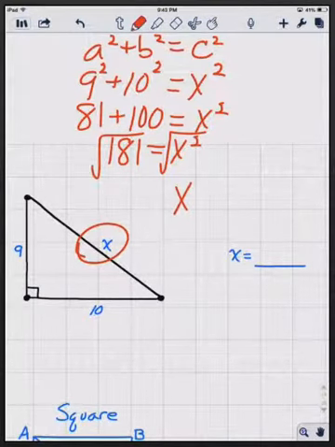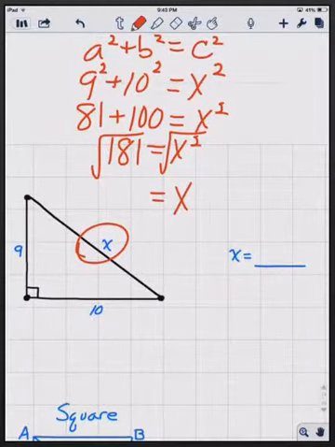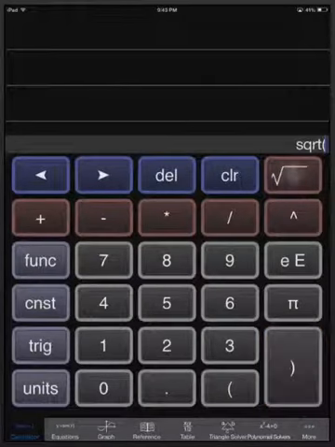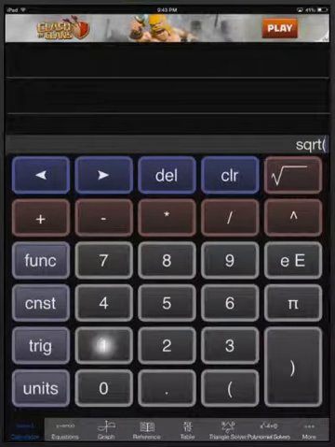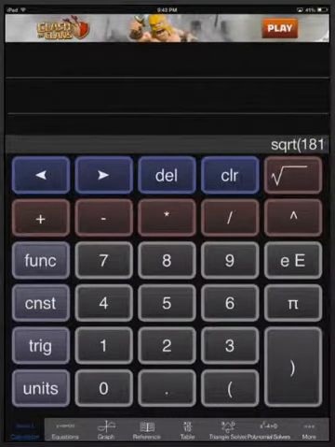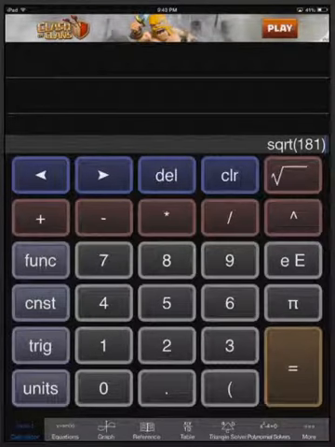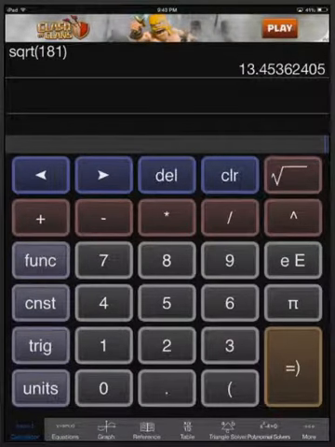181 is not a perfect square. So for now, we're going to state an approximation. Later on, we'll state the answer in simplified radical form. But for right now, just an approximation. So we're going to go over and use a calculator. And we want to state the square root of 181. So we enter the radicand. We have to close the parentheses on this calculator. So this reads as the square root of 181 equals